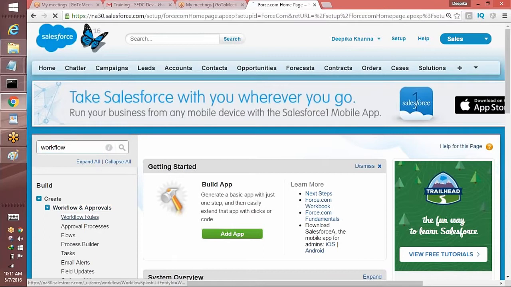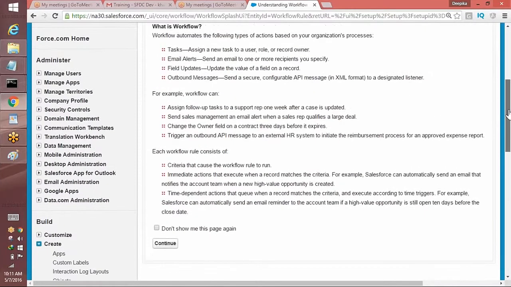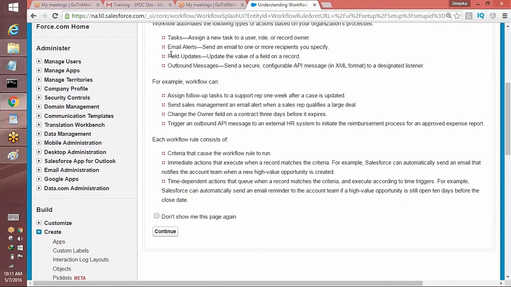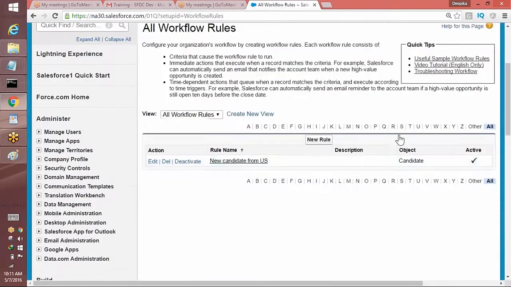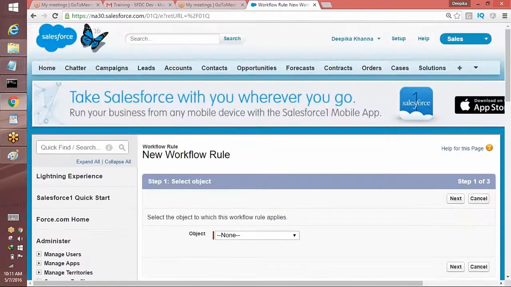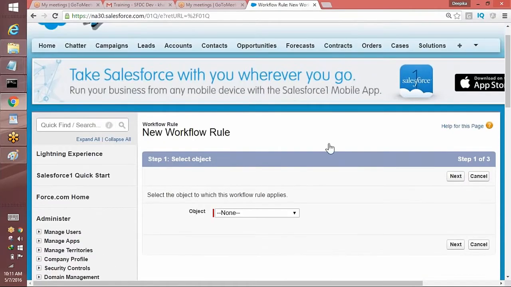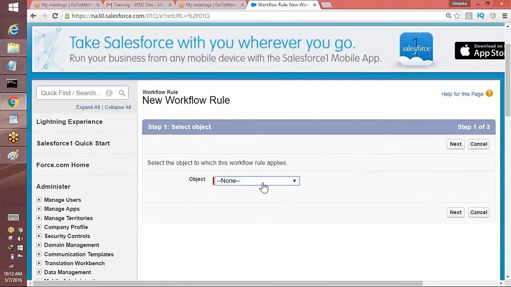In the workflow rules, we have already gone through what workflow rules are and what they can do. So this time we're going to see the field update. If you want to update the value of a field on a record, then we can do that through the workflow, so go ahead and hit the continue button. Here I want to create a new rule, and in this rule, let's say every time a new candidate comes in, I want to go ahead and update the